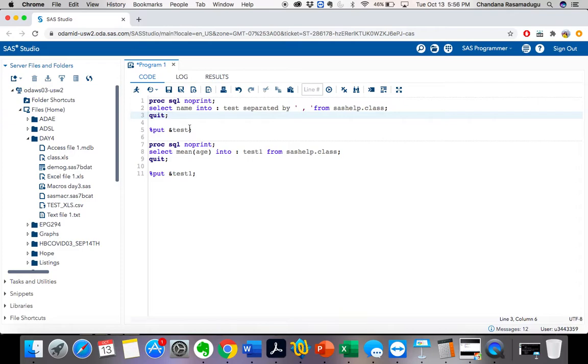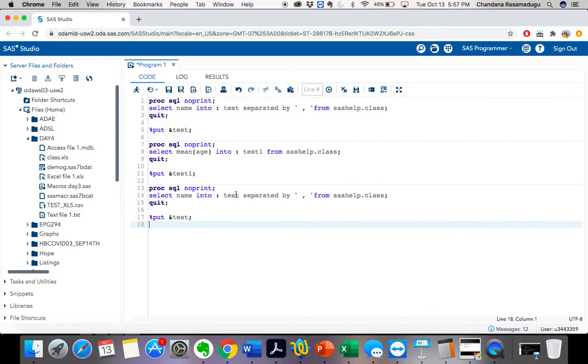See, for example, if you want to create each value into different variables. For example, I have overall 16 values in the name variable, right? So now I want to assign it for each value. I want to assign each macro variable. How can I do that? Let's copy the same. See, now for each value I want to assign each variable.